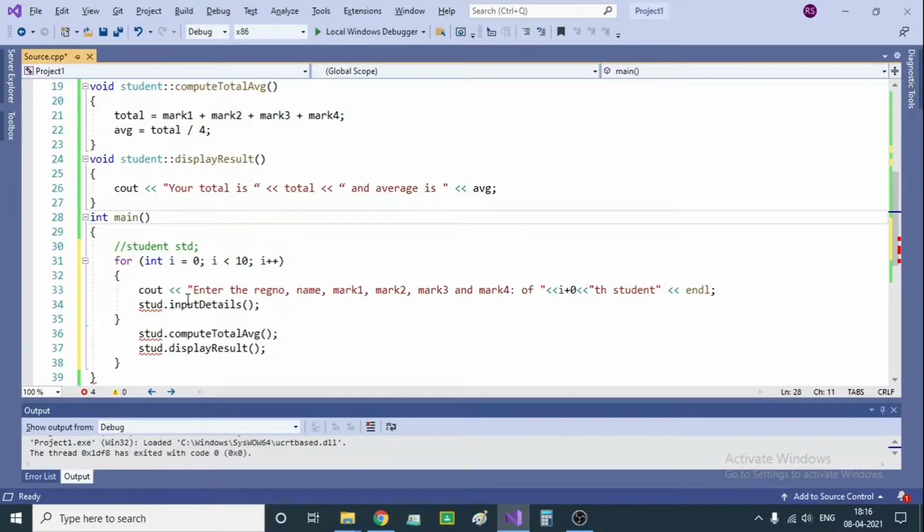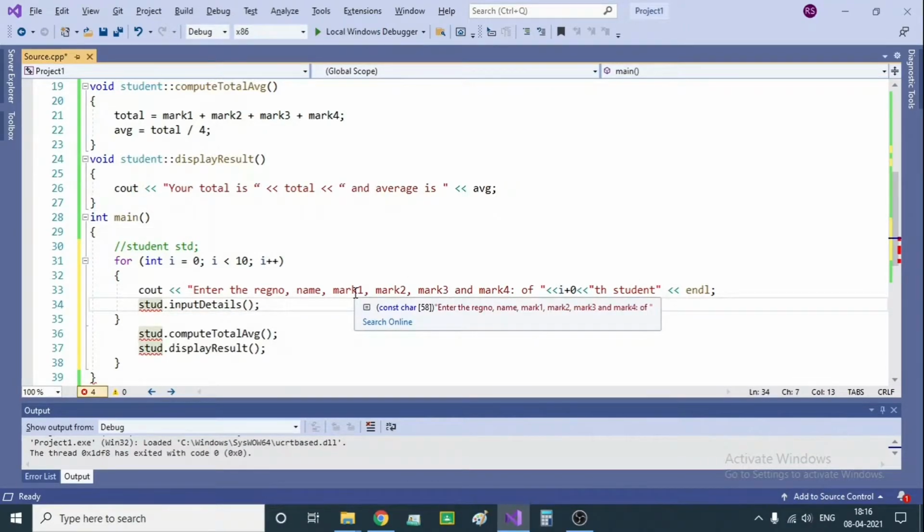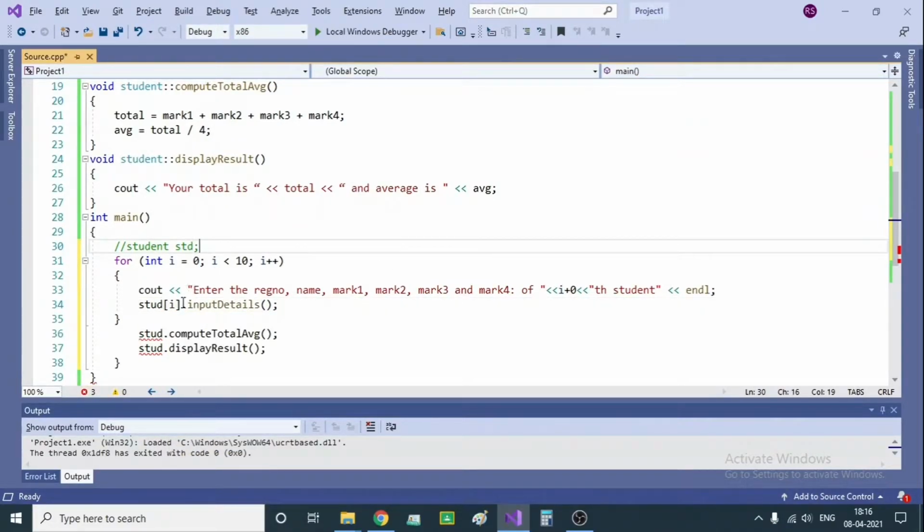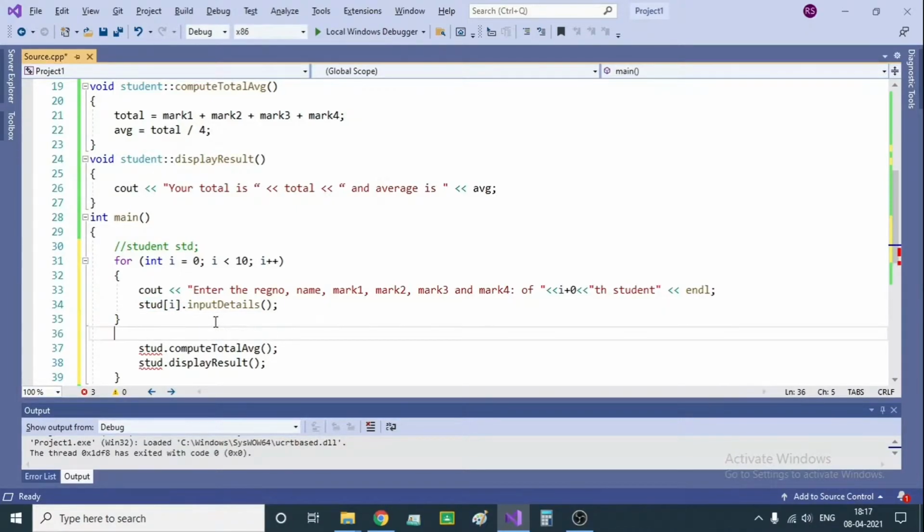So that is done, and now we have to deal with this object. It's now an object array. So we have to now use the index stud of i. It's not totally different from the normal integer array evaluation. The only thing is that here we have to now use the member function. So it's going to be dot that member function name. Otherwise this usage is just similar to the integer or character array usage. After that we are now going to calculate the result. For that there is no printf needed. It's an internal background process. So we can just use the same loop.